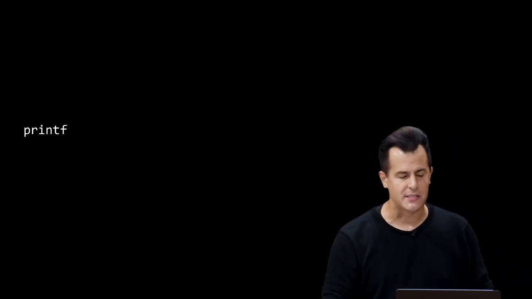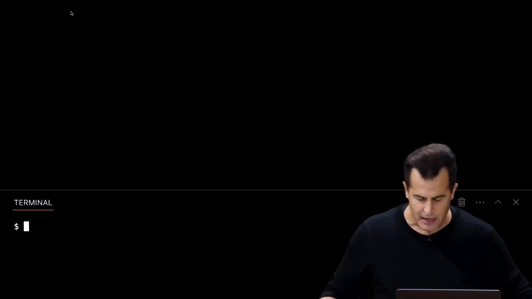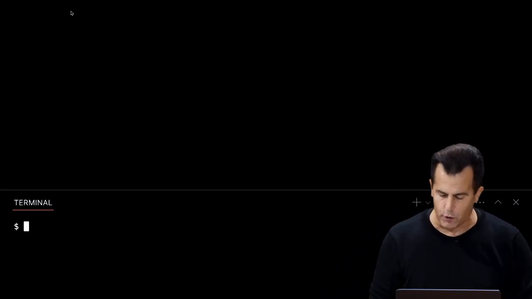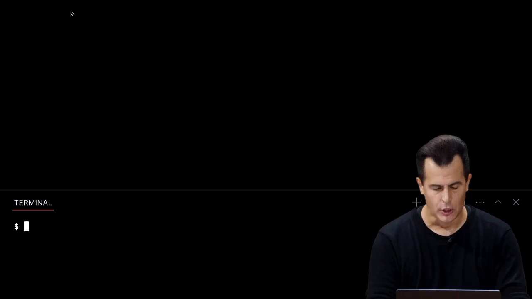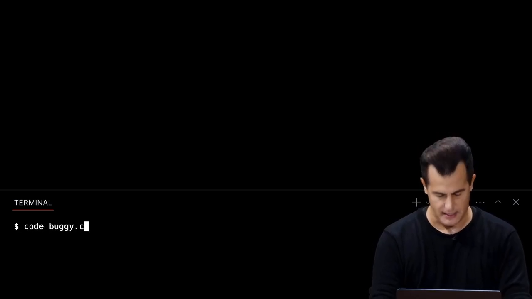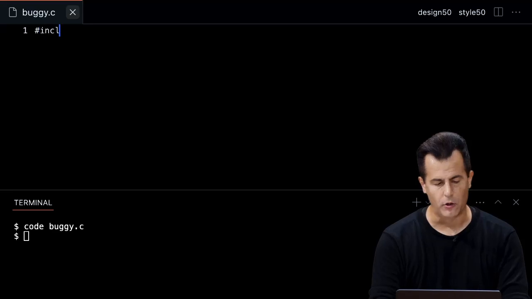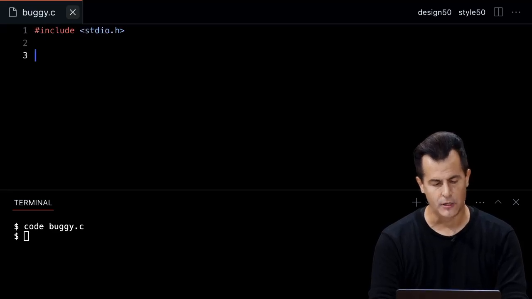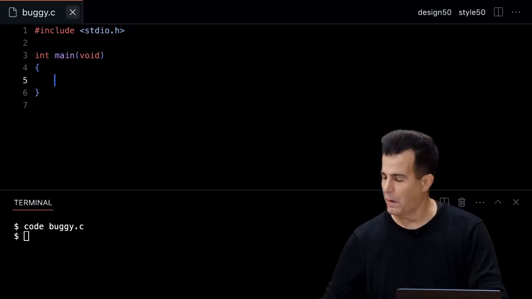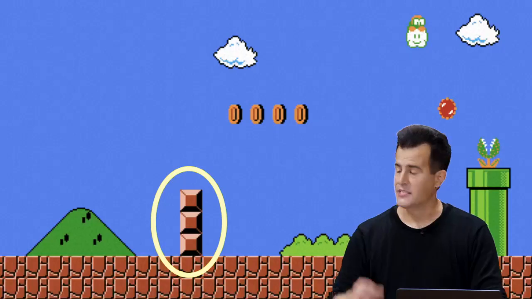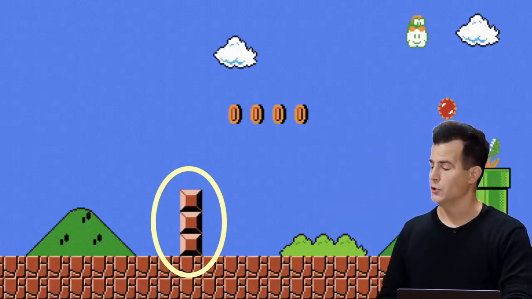So let's go ahead and do this. Let me switch over to VS Code here. And let me go ahead and create a new file that deliberately is called buggy.c. So code buggy.c. And this will be relatively simple: #include <stdio.h>, int main(void). And then inside this, let me aspire to print out this column of bricks here of 1, 2, 3 bricks,